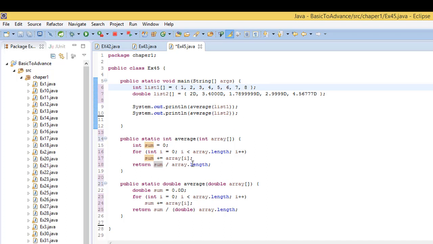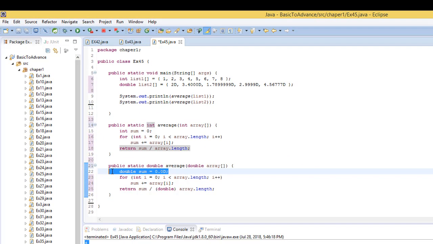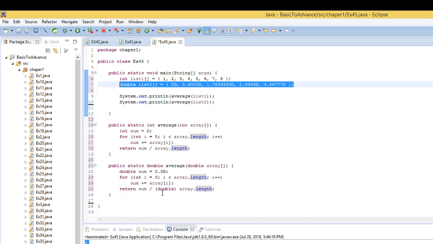So you take this sum here, you divide by the array length, and how you find the length of this array, you use array.length here. So the same thing I did here, but this time I'm using double, and again you loop through the doubles, and then you add all of these doubles to sum, and then you take the sum divided by the length of the array. See, but this time